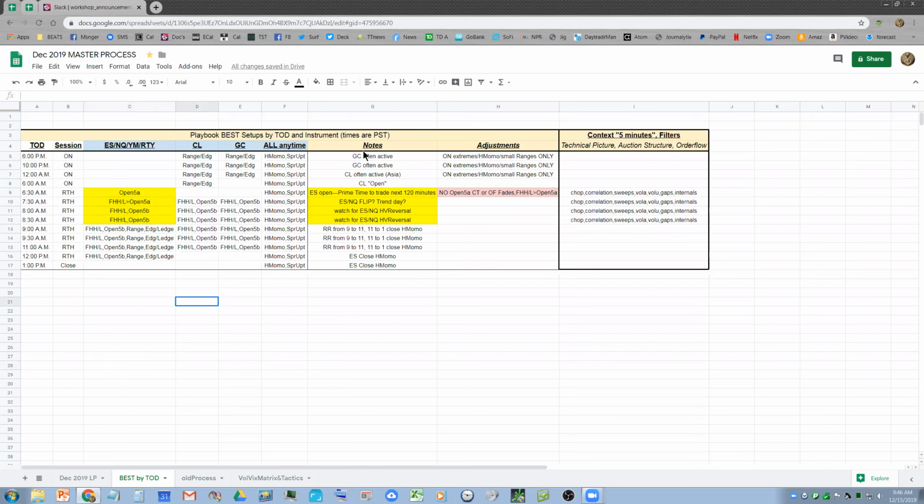So let's go back to the adjustments. Again, if you're going to trade overnight, you have to use small ranges, because big ranges by definition will kill you. And it also means you're wrong. The whole idea of the range trade is it's tight. You can always do HMOMO